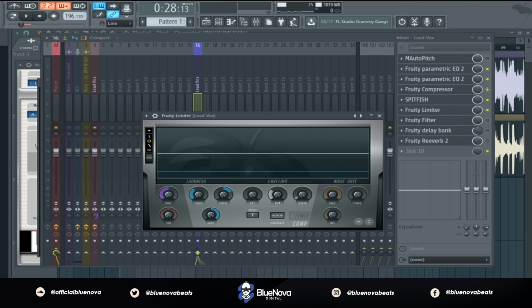My attack is set all the way to 0. My release is set right here, 25.83. And the hold, which I believe is also sustained, is set at 0.97. For the knee, turn it all the way to the right, and I'm bringing down my threshold to the lowest level because we want everything to be fully consistent throughout. So this is what it sounds like.